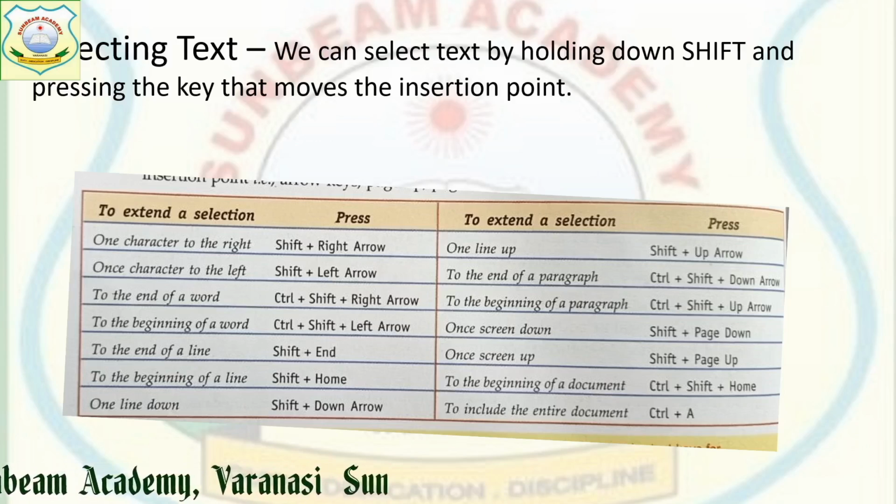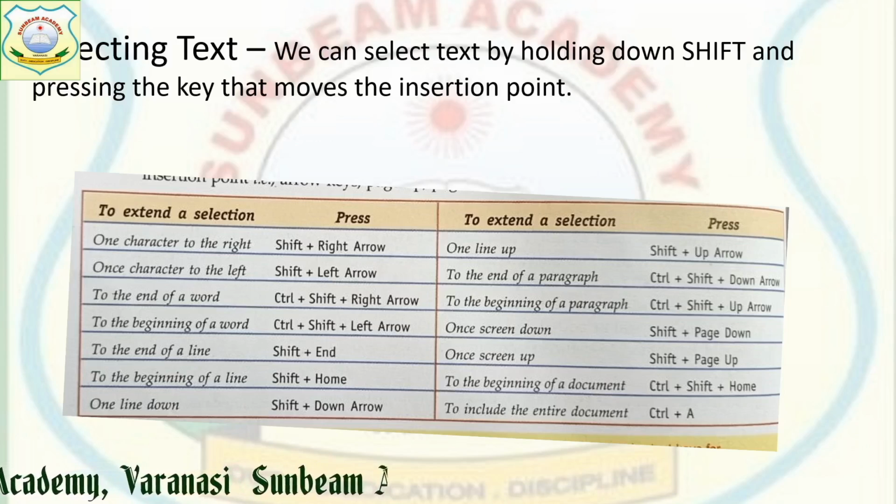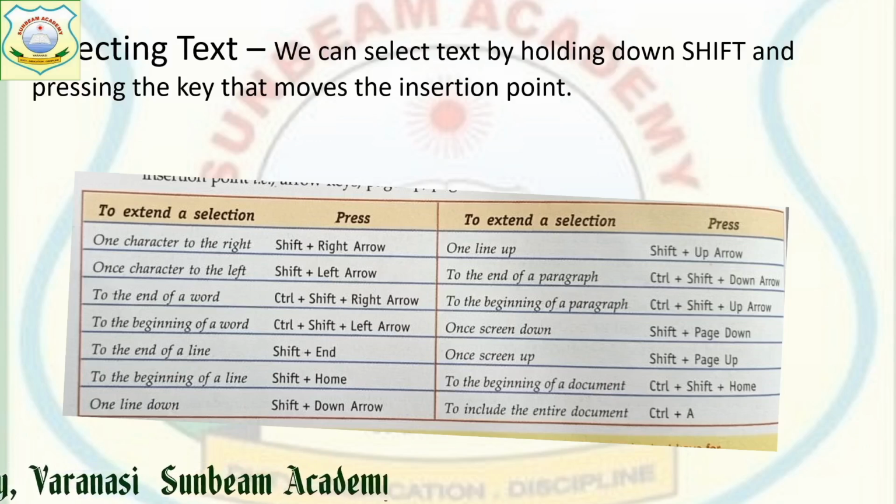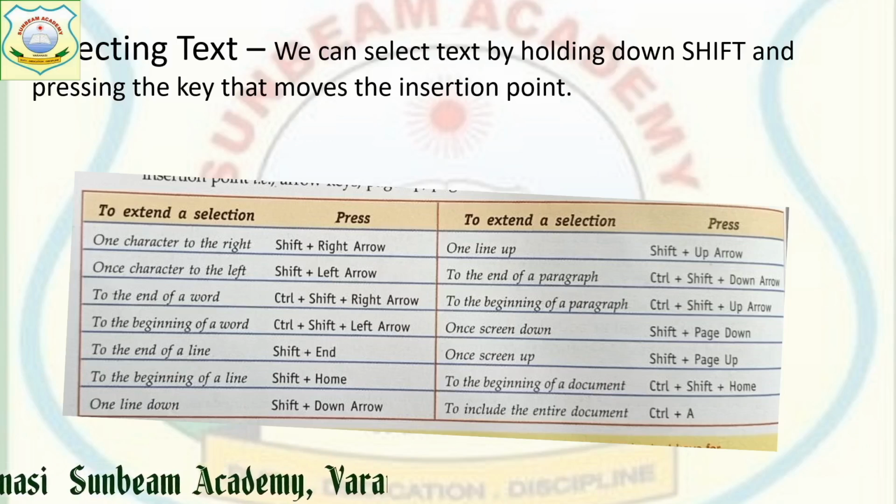Wherever your cursor is, if you want to select from that position to the end of the line, then you have to use Shift and End key. If you want to select from the cursor position to the start of the line, then Shift and Home key. Shift and down arrow key will select one line down, and Shift and up arrow key will select one line